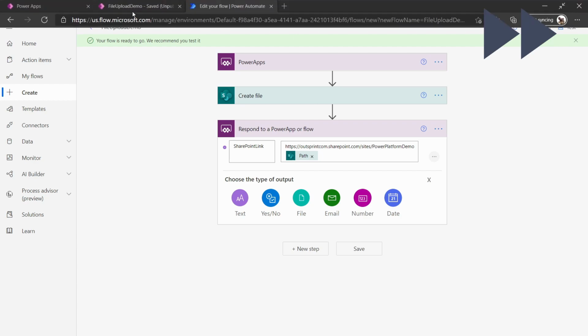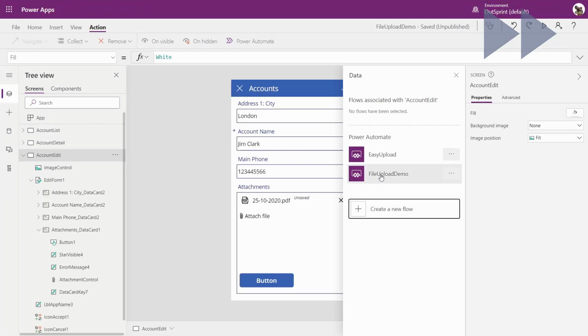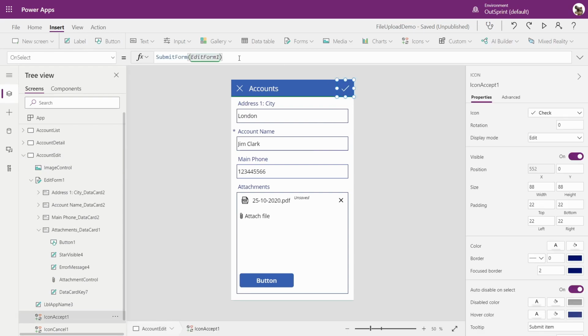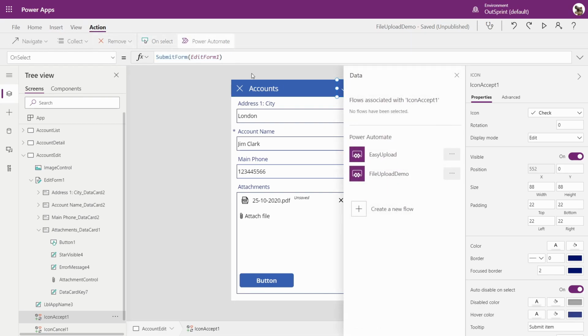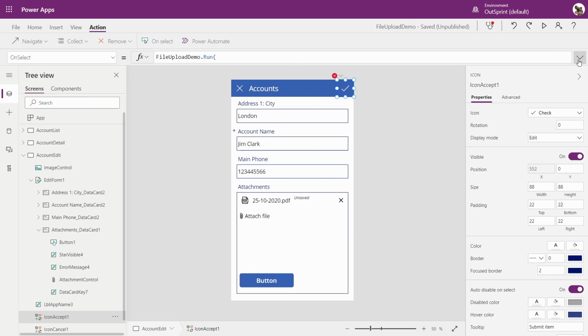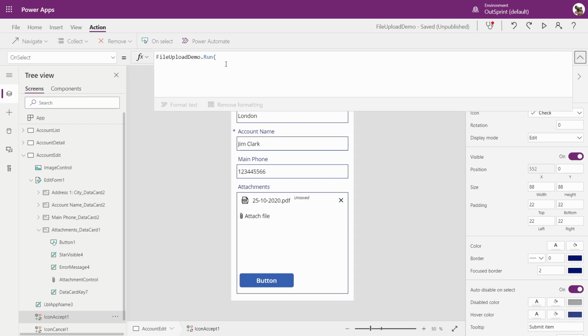Now on our Power App Canvas app again, let's make sure we pass on what we have done on the button on select and attach the flow that we have created. We need to copy the values, because once we attach the flow to a specific trigger in the screen, it will override anything that we might have written in there. After that, we add what we have copied previously and complete the call to the flow, passing in the necessary values.